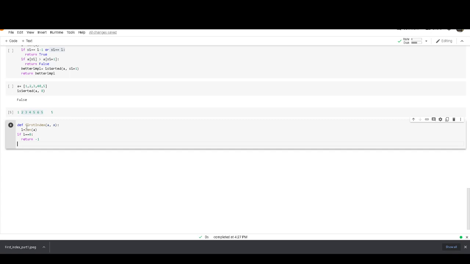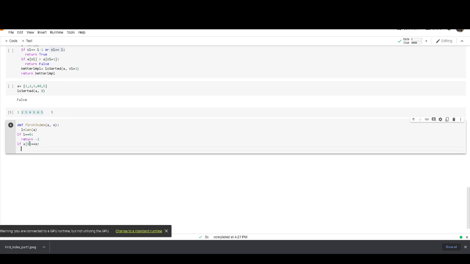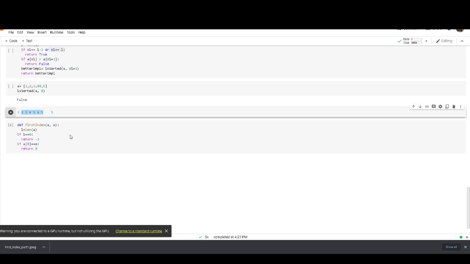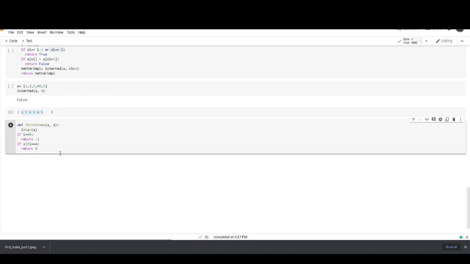Then we need to compare a of 0. If the first element in the list matches the expected element, that is, if a of 0 equals s, the first element, then we need to return 0, because there is no need to compute all the other algorithm, like traversing and consuming a lot of space.